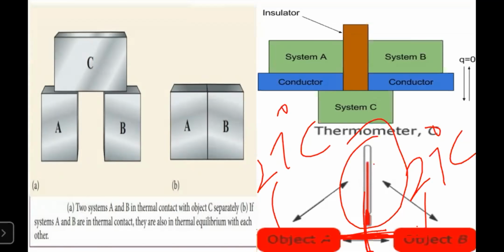So next one, this is the zeroth law of thermodynamics. Vishnu, not clear? This one? Yes, ma'am, this is not clear. Shall I continue or shall I explain once again? Today you can explain. Okay, I'm explaining. So let us say